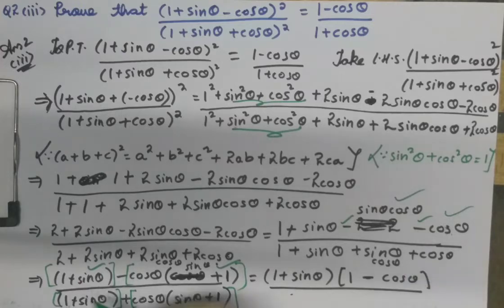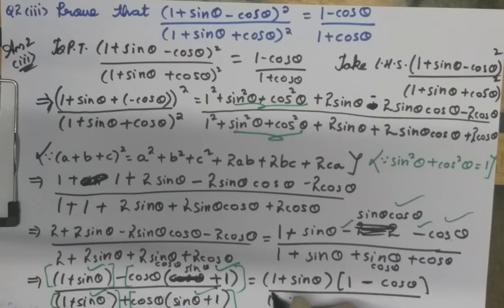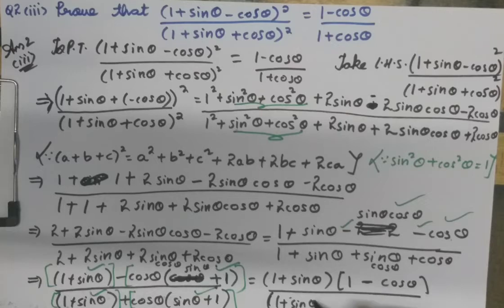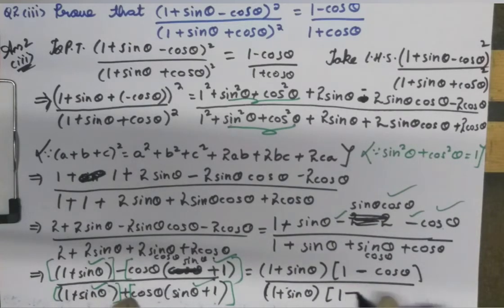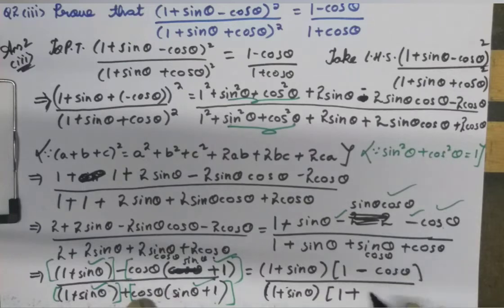Now again here also 1 plus sin theta is there, and here also 1 plus sin theta is there. So from these both terms also I'll take 1 plus sin theta common. 1 plus sin theta is common from both of these terms. So if I take 1 plus sin theta common here, what is left? I took 1 plus sin theta common already. So 1 is left. Then I have plus, and already I took 1 plus sin theta common here. So what is left? Only cos theta is left.